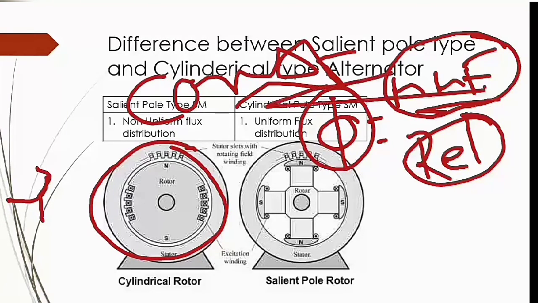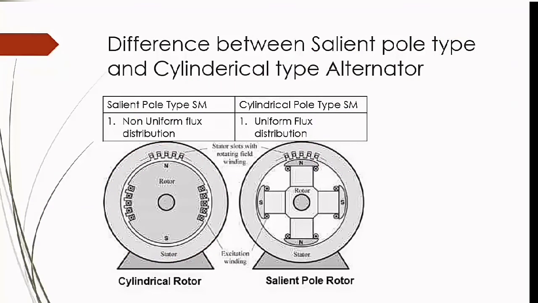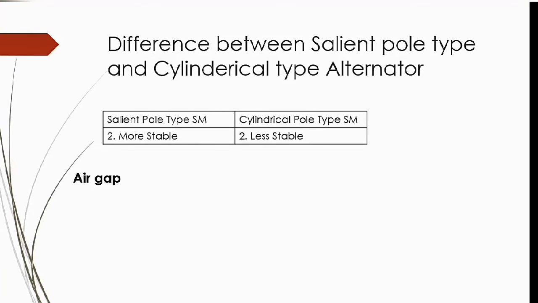Okay, so due to this we can say here it is a uniform flux distribution. Okay, so these are the differences, you understand well. Okay, because of the non-uniform air gap, due to this it can happen. Okay, the second one is salient pole is more stable